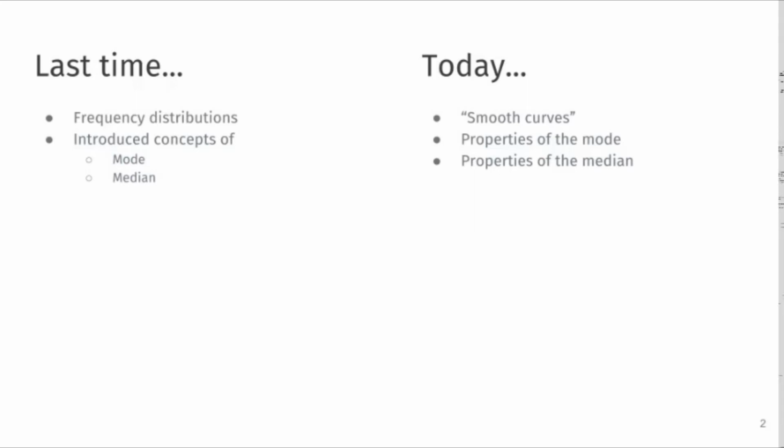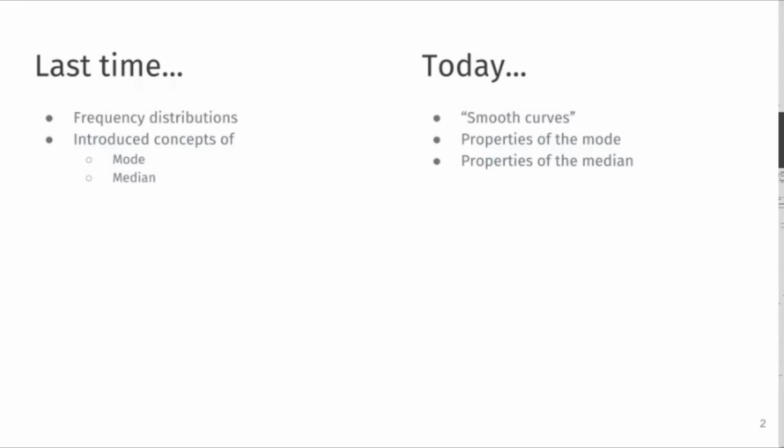So last time we finished up talking about frequency distributions and introduced the concepts of the mode and the median of a distribution. Those are two measures of what we call central tendency, as I introduced last time. So today we're going to be learning more about the mode and the median, but before we get to that,